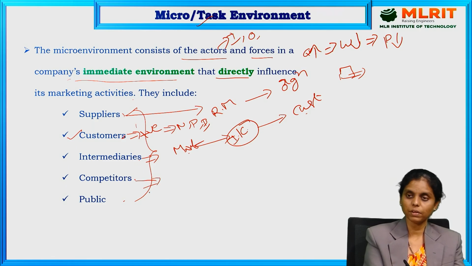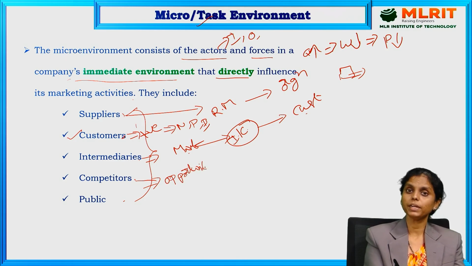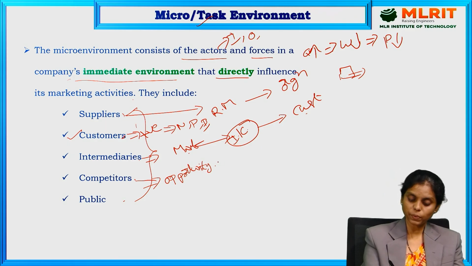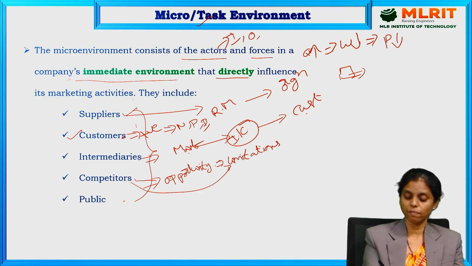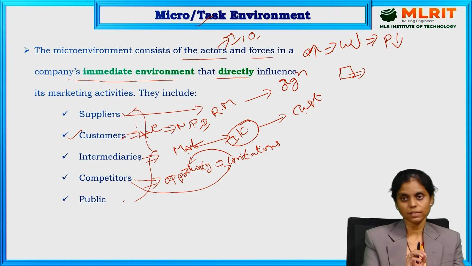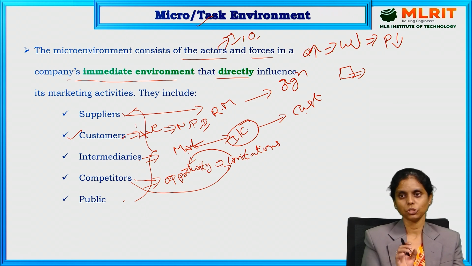The next one that we have is competitors. Competitors offer opportunities to us. When we analyze the competitor in an effective manner, we can identify what opportunities are present for our organization. How will we do this? The limitations of competitors need to be identified, so that we can transform the limitation of our competitor into a product, and achieve success in the market. So we need to always keep an eye on the activities and actions of our competitors.